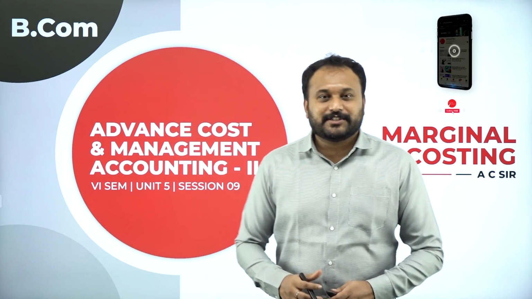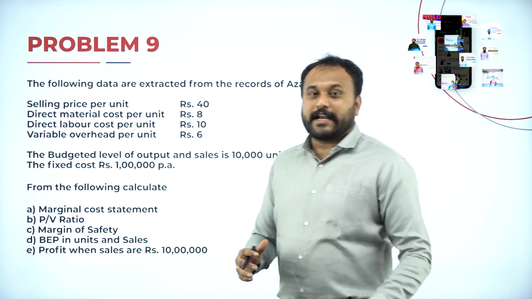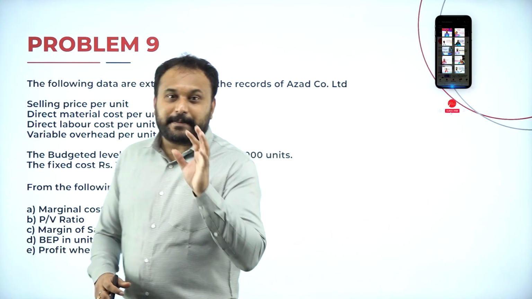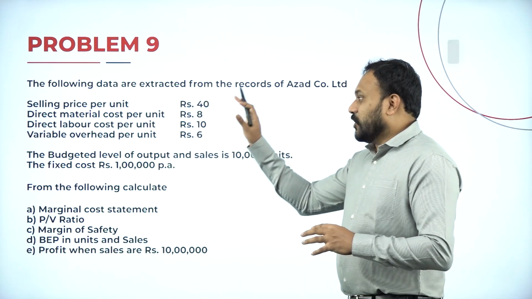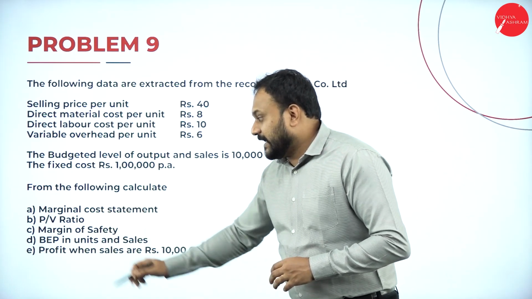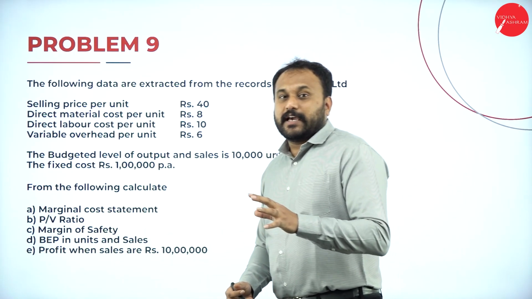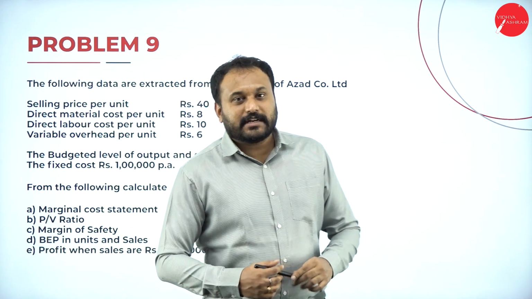Now in this 9th session, we're going to find out the marginal cost statement and what exactly we are supposed to do. I am giving you the 9th problem and hope that you people will finish all these problems very easily. Now we have A, B, C, D, and E. The question is there, 15 marks from the university. Now what exactly we are supposed to do?